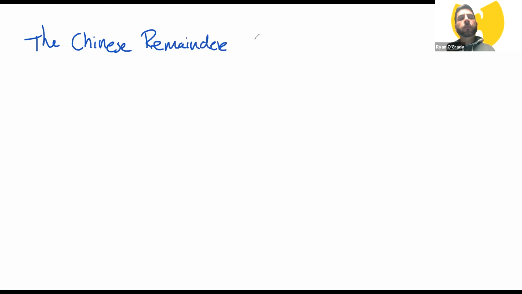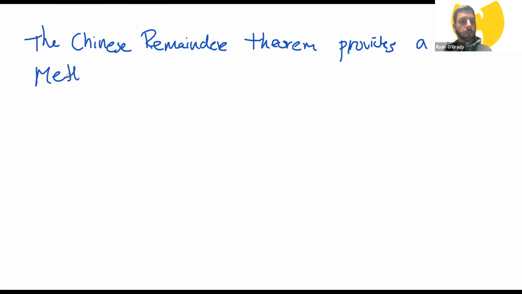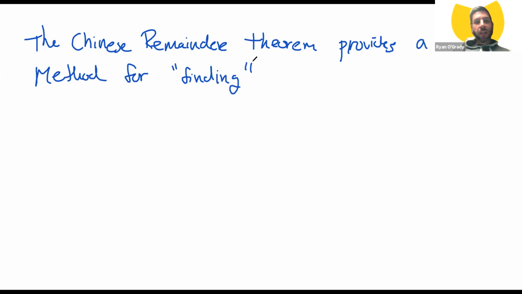So the Chinese remainder theorem provides not only a theoretical tool, but provides a method for finding, so to speak. Finding's a weird word to me because it ain't lost. But the Chinese remainder theorem provides a method for finding a unique solution